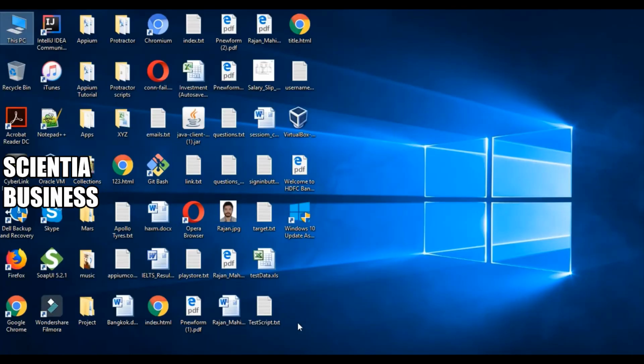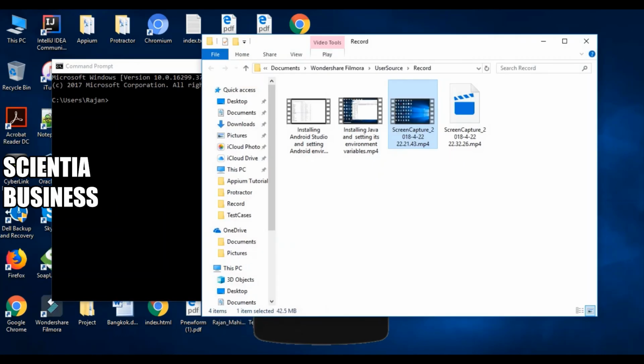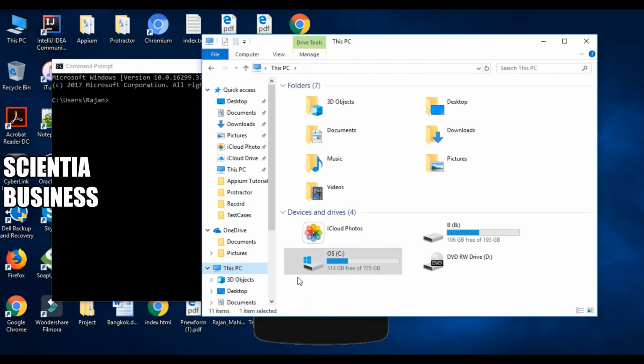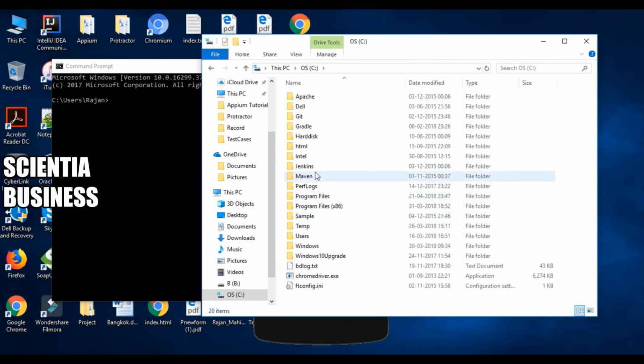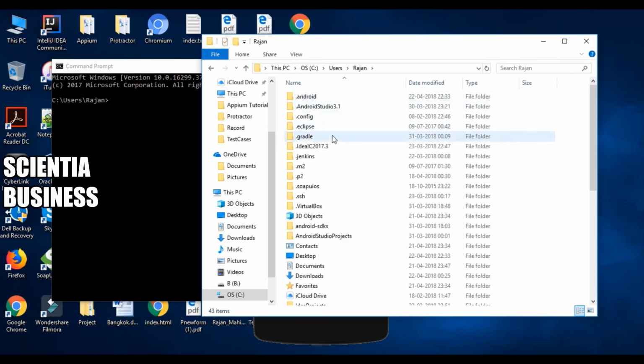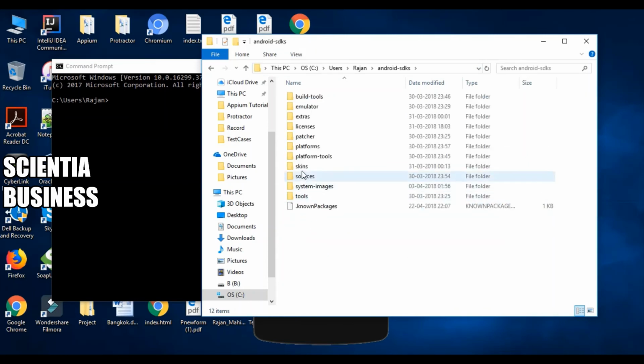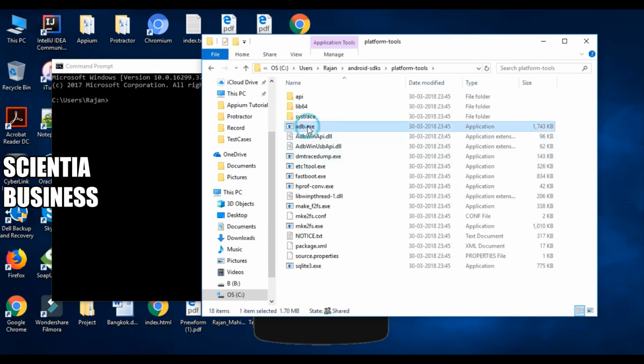We'll just go to the command prompt. And before going to the command prompt, let us go to the path where our Android SDK folder is available. Like in the previous lecture, I've shown you that the Android SDK folder is present inside this folder structure, right? And here you will find the Android SDKs. You need to go inside the platform tools, right? Inside the platform tools, you will see this adb.exe file. This file is basically responsible for running all the commands over the virtual device.